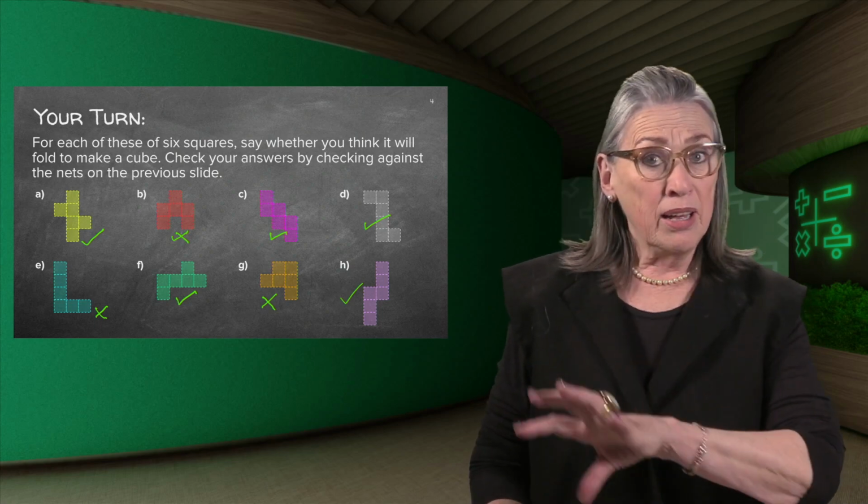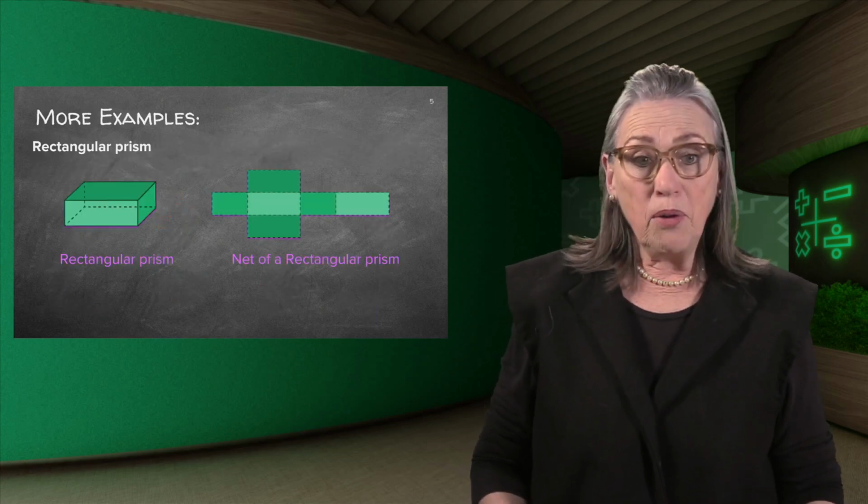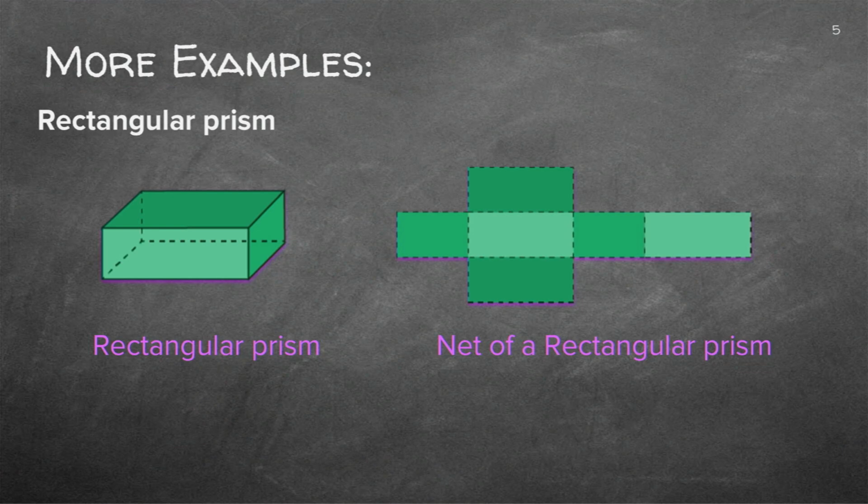Now this whole lot we've done on cubes. Now we're going to move to a rectangular prism. That's also a 3D object. There's another name in the previous lessons that we used for rectangular prism. Who can remember that? Correct. It's also called a cuboid.